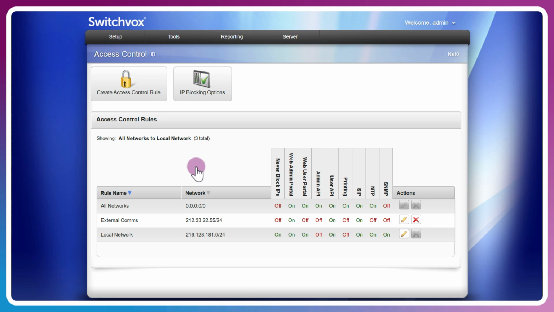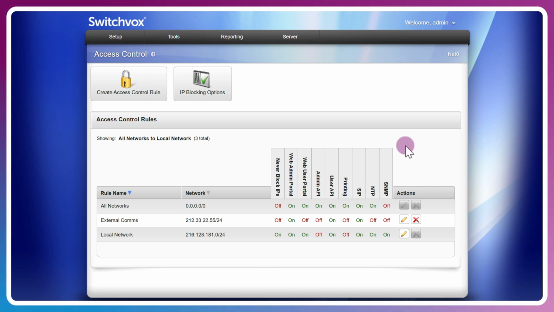Now, alternatively, what you can do is set up specific rules for remote users by their external public IP address. This can get tricky if they have dynamic addresses, but if they're from a fixed IP location, you could set up that as an access rule. Now, bear in mind that these services represent also ports that need to be in and out of the Switchvox system, so although we've configured the Switchvox's internal firewall rules here, if you do have an external firewall on the edge of the network, you're going to need to allow that traffic in and out.